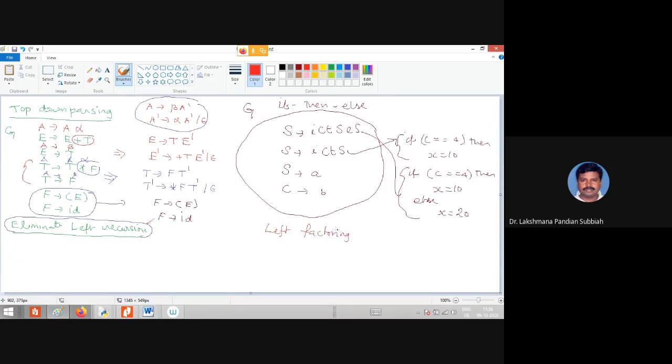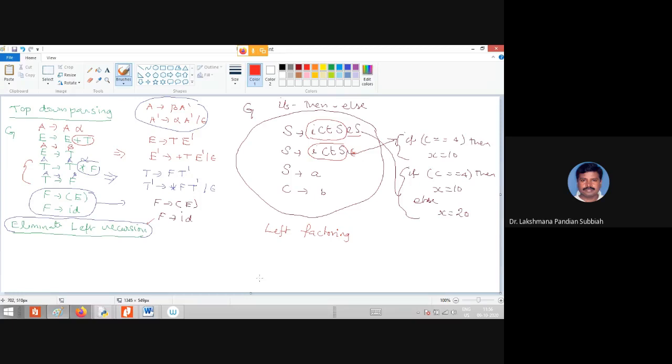What we mean by left factoring is that this grammar is having left factoring, but there is no left recursion. Left factoring means one common substring for two or more alternatives. So this is the common substring. The remaining part is else S in one, and empty in the other.